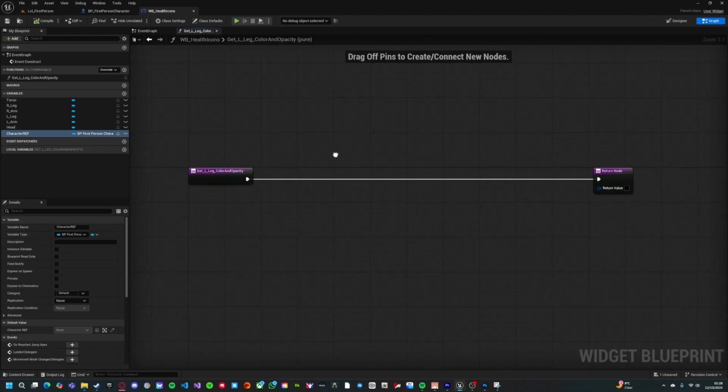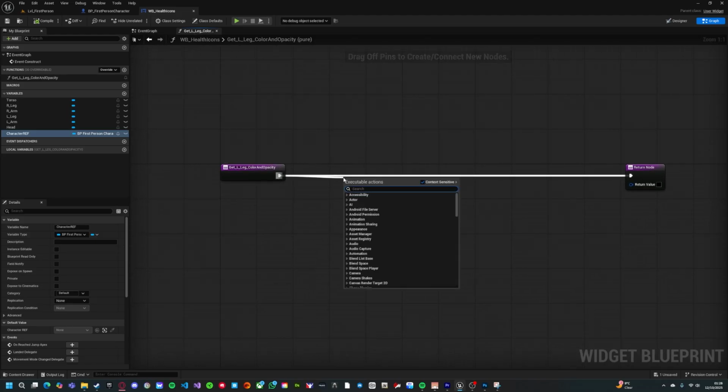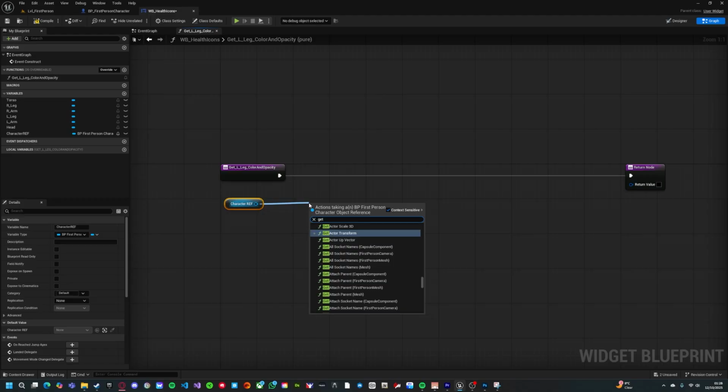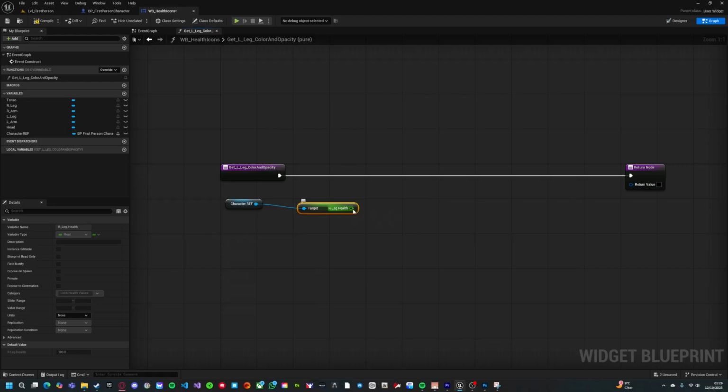Now go back to your function here and drag the character ref in first, and then we want to get, because this one's named left leg, it's actually the right leg that's being damaged, so we're going to get right leg health. Then we will divide,